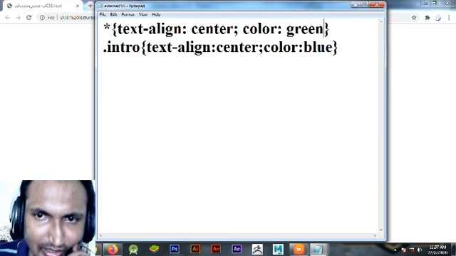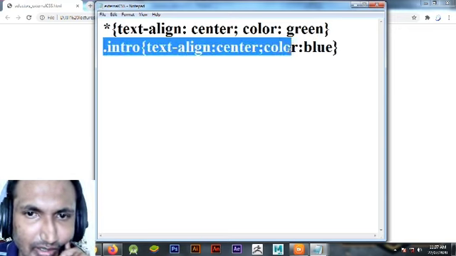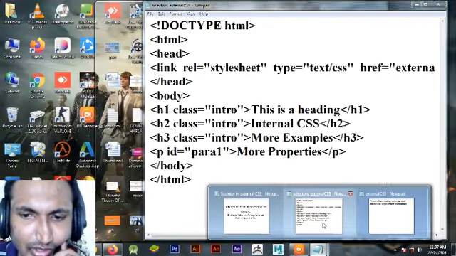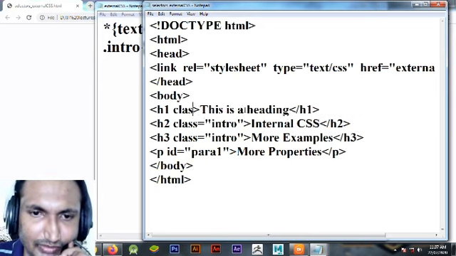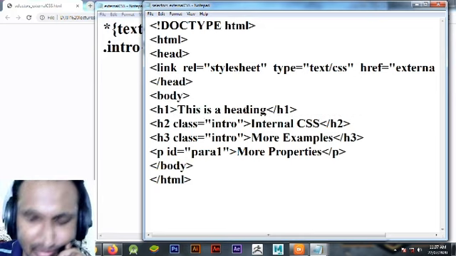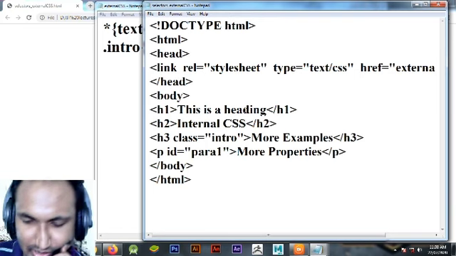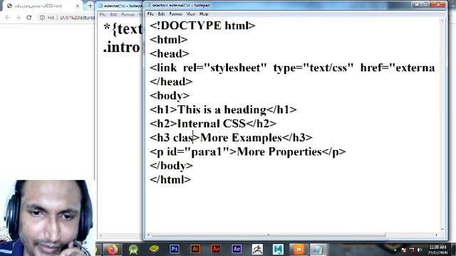You can take any color. You have to remove the classes from here. If I remove the class from here and I'm not importing any class to the file, then your universal selector will be applied to each and every tag.